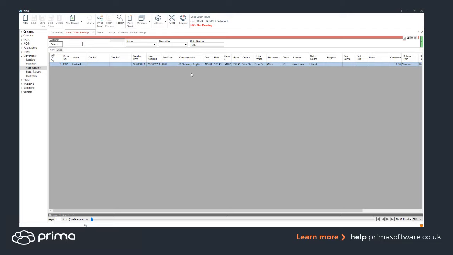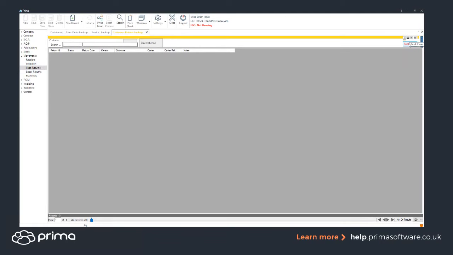So the example we're choosing is this one here. What I would suggest is, obviously the more information you've got about the order, the easier it is. But as long as you've got something to identify the product, the customer, and I would say the order as well, it makes it easy to find. So in this case, this customer wants to return this full order, so we're looking for order 1002 for JA Stationery. If we go into the customer returns, so movements, customer returns, and then into the available lines in the top right hand corner,